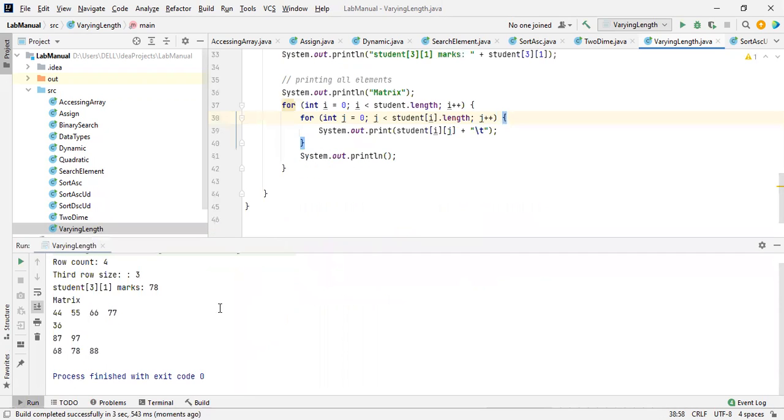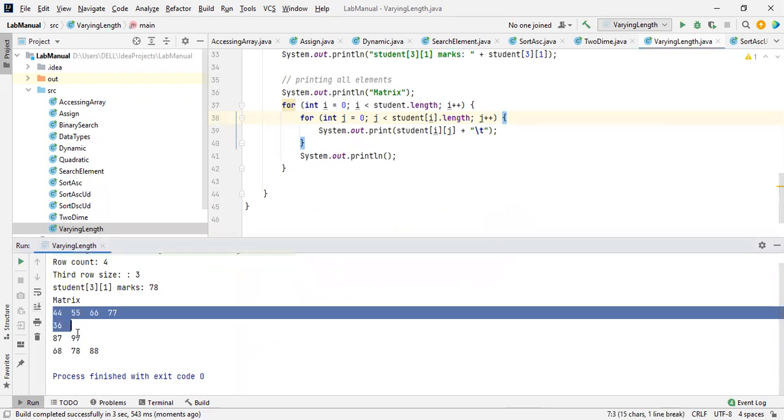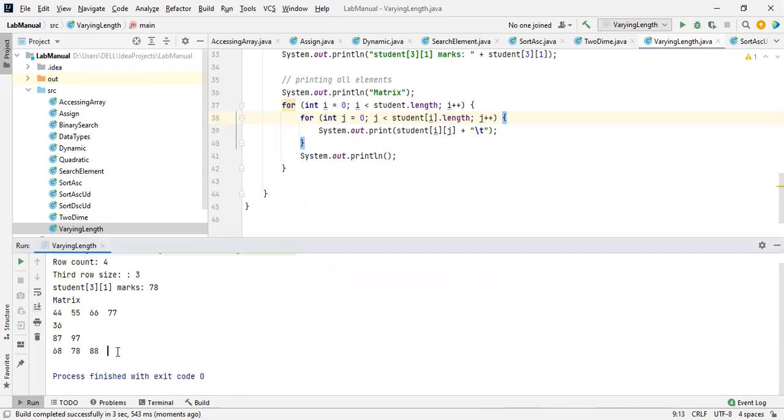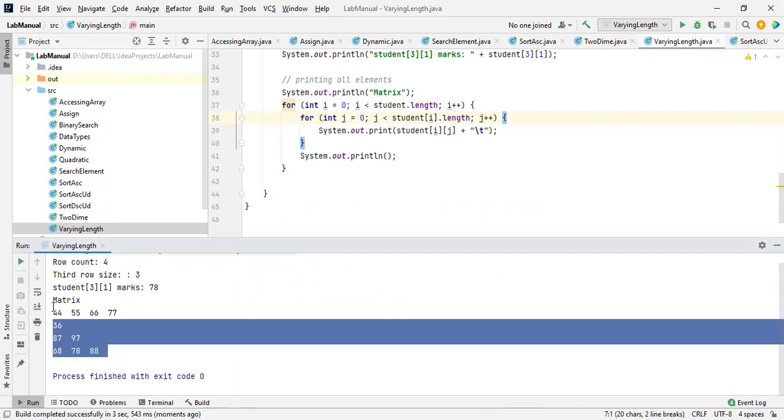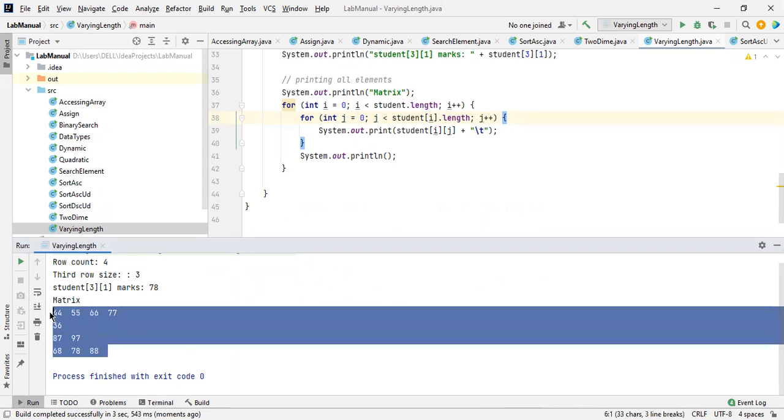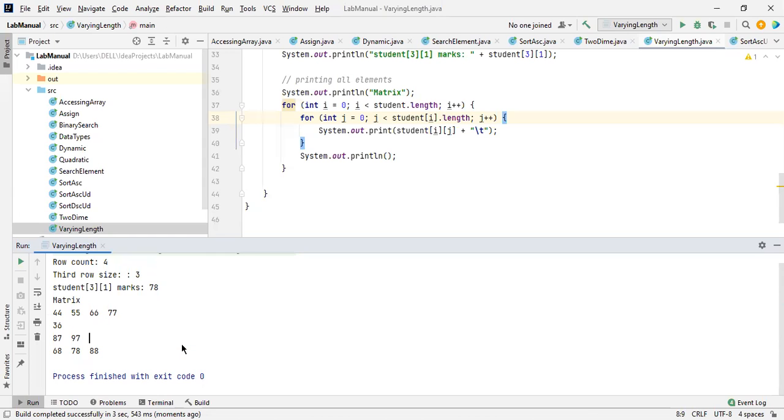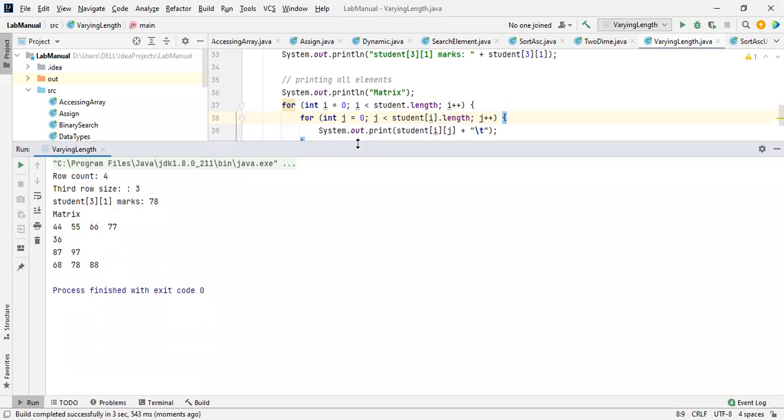See this. This is the table we discussed previously. So we just achieved how the array varies the length inside an inner loop. Let me show you the screen. I think you got the point, right?